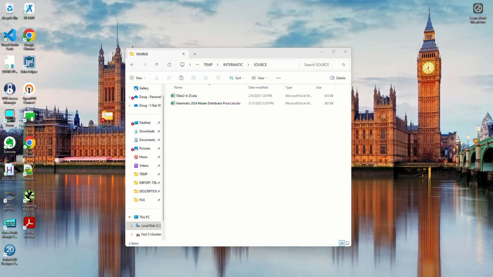As we can see here, Intermatic gave us 2 files. This is not unusual. One file, of course, has all the product information. The other file has the pricing. That is a suboptimal situation, so we've got to splice the 2 together so we have one working file, and rename it. Do not alter the source files if possible, aside from converting to XLSX, because you never know when